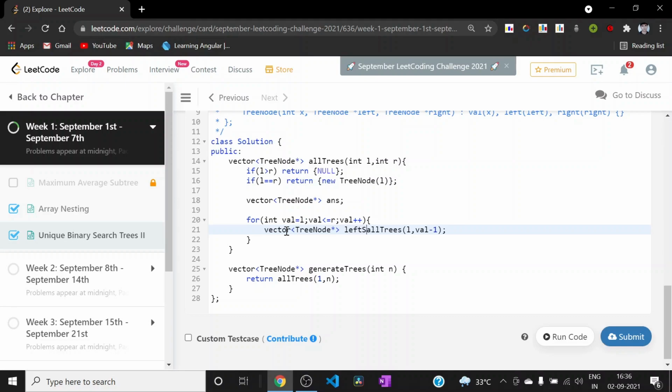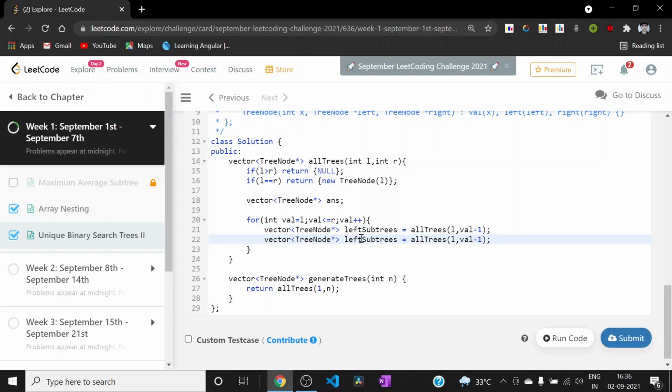I'll be calling it left subtrees. Similarly we need to do it for calculating all the right subtrees, but the ranges will be different. It will be from val plus 1 to r.